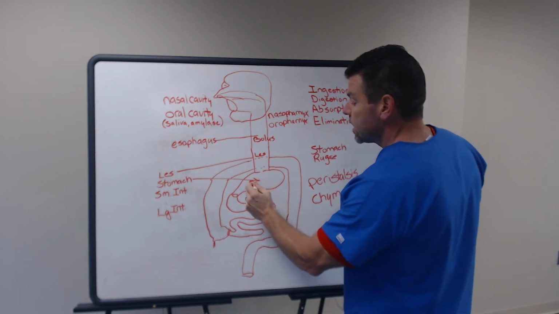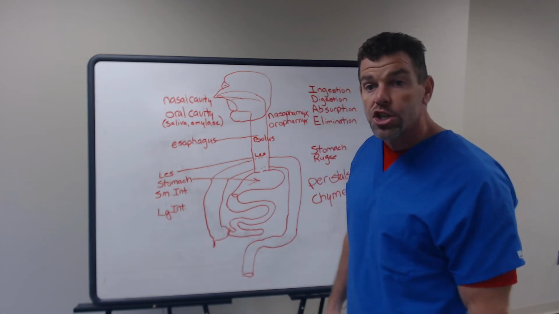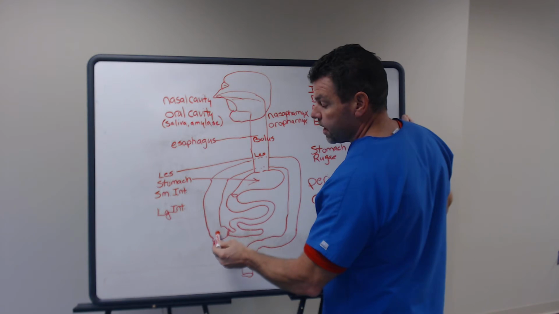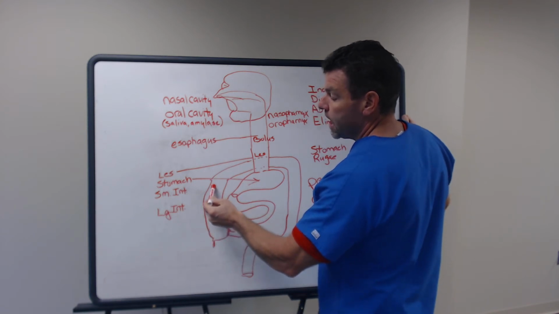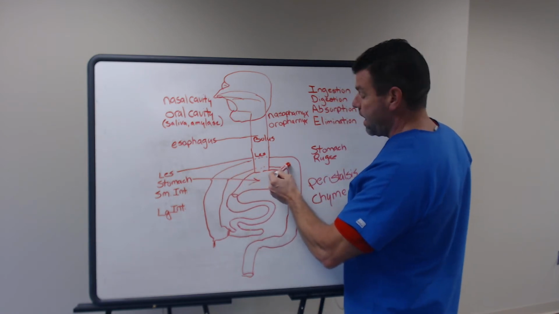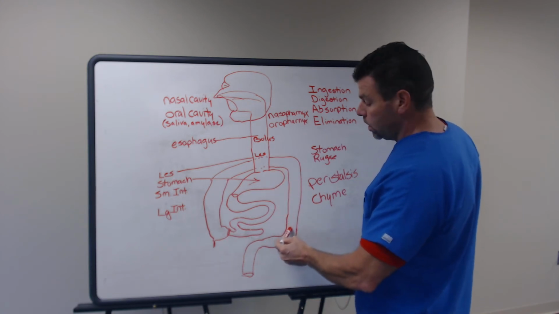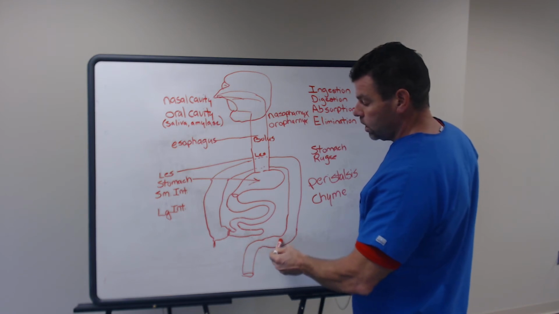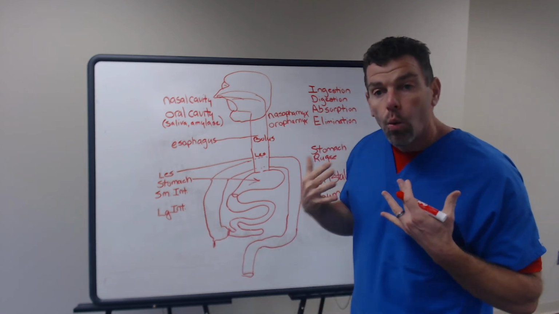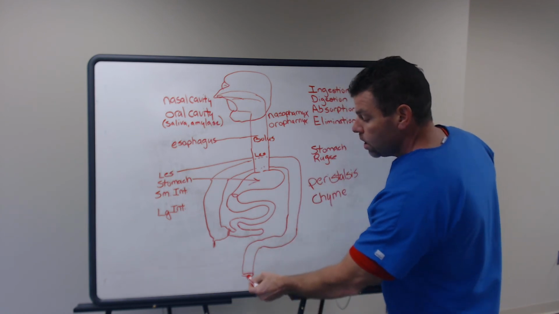Well, by the time this chyme makes its way all the way through the small intestine and now reaches the first segment of the large intestine, there's nothing left in there but waste material. So it will go from the cecum, this is called the ascending colon, across the abdominal cavity. This is the transverse colon. It will go down the descending colon into this section called the sigmoid colon. Then the waste material will be stored in the rectum, and when it's a convenient time, the waste material will leave the body through the anus.